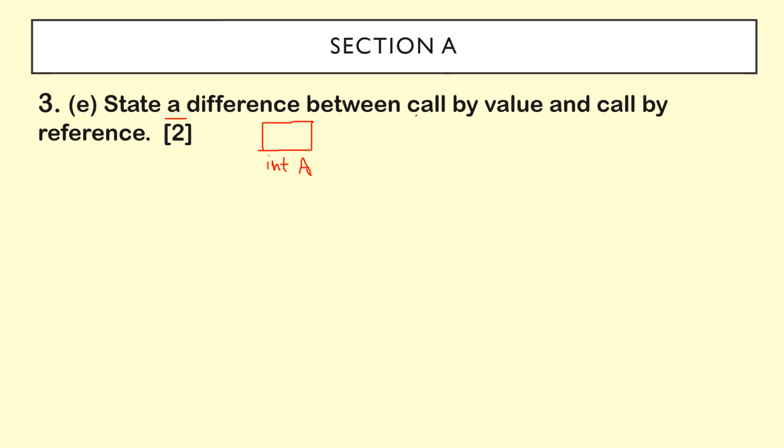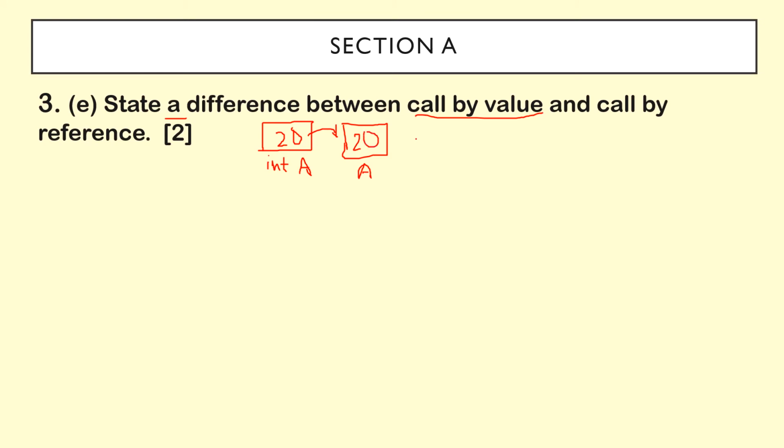Now whenever we use call by value, say this has a value 20. Whenever we are using call by value, this is the actual value of the variable A. Whenever we are calling by value, it actually creates a copy of this variable. So a copy of the very same variable A is created, and the value is also copied over here.